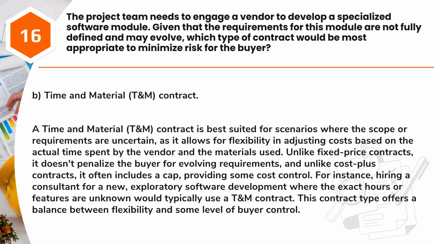Answer: B. Time and material, T&M, contract. A time and material, T&M, contract is best suited for scenarios where the scope or requirements are uncertain, as it allows for flexibility in adjusting costs based on the actual time spent by the vendor and the materials used. Unlike fixed-price contracts, it doesn't penalize the buyer for evolving requirements, and unlike cost-plus contracts, it often includes a cap,